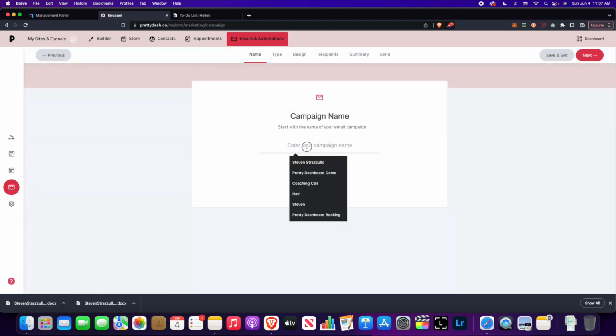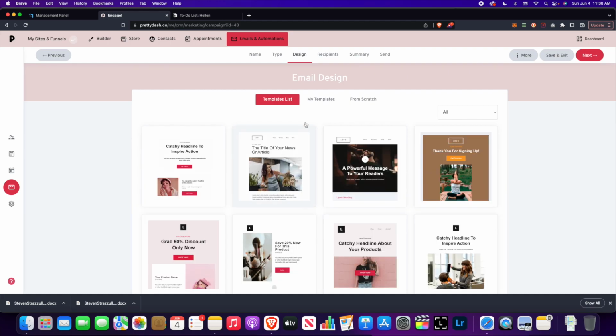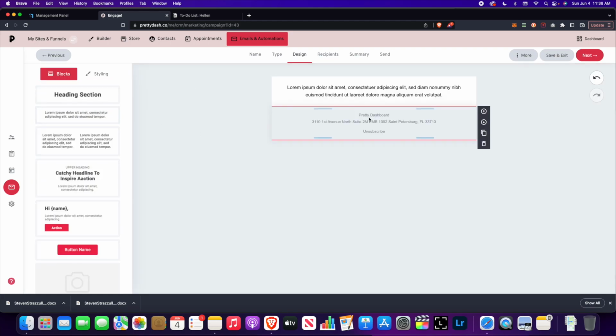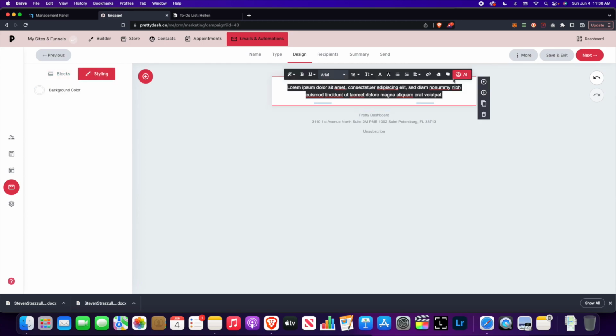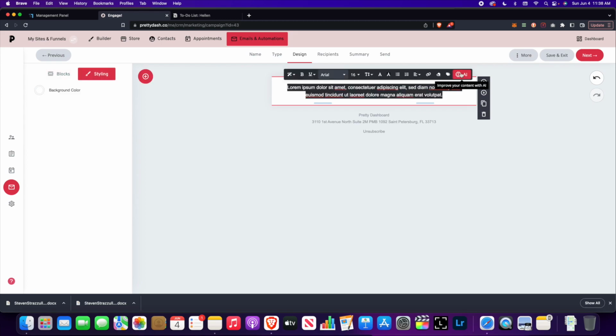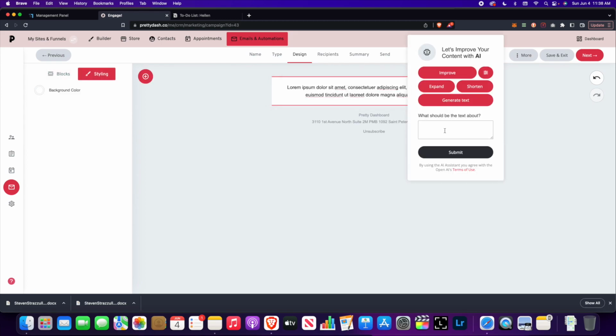We'll create a little test campaign just so you can see where you can use it. And we will move on to the text part. So let's say we're creating an email. Again, right here, you just highlight the text, boom, and there it is right there. So if you don't want to write your email, you could literally go in here and generate text and tell it to, pretend